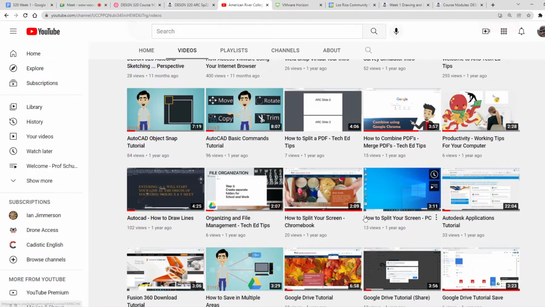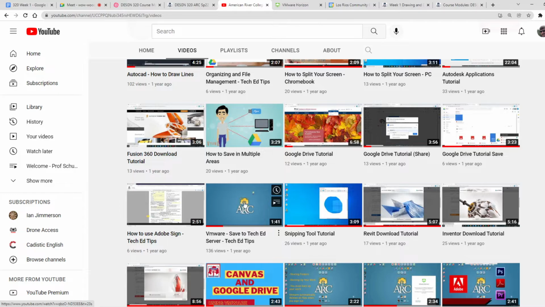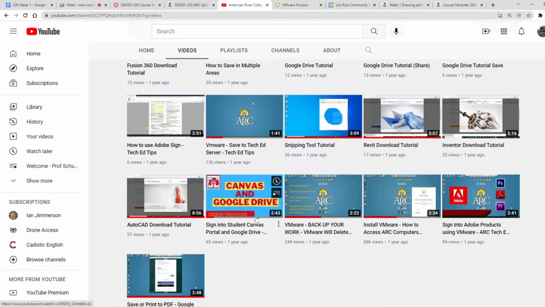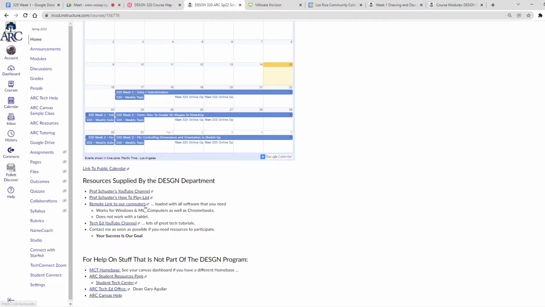It's all based on Tech Ed: how to split your screen on a PC, how to get Autodesk, how to draw lines, organizing your files, Google Drive, VMware. So there's a lot of interesting stuff on there if you'd like to see it.